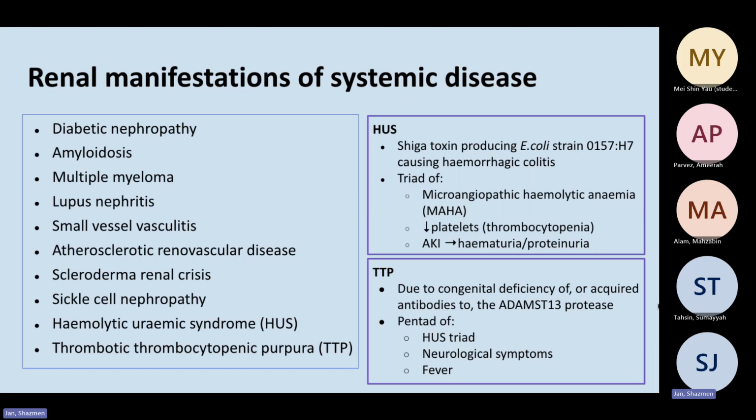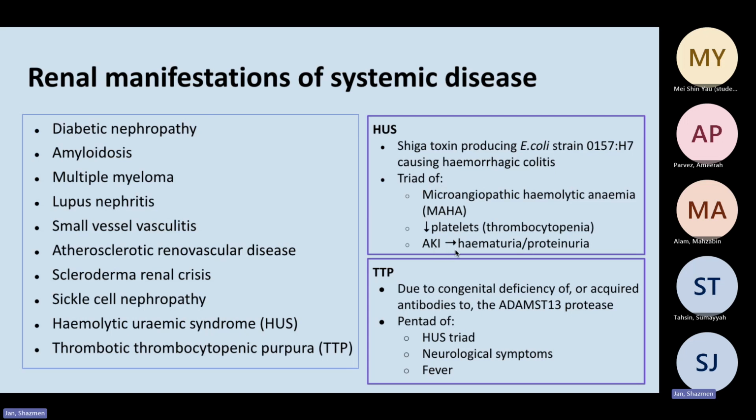So there are a number of systemic diseases which can have renal manifestations, such as diabetic nephropathy, amyloidosis, multiple myeloma, which I've kind of talked about. But there's a number of other conditions that can also cause renal problems, and these include HUS and TTP. So HUS, otherwise known as hemolytic uremic syndrome, is a type of hemorrhagic colitis which is caused by E. coli. So there's a specific strain of E. coli known as O157:H7, which produces this Shiga toxin, and it leads to a triad of microangiopathic hemolytic anemia, aka MAHA,